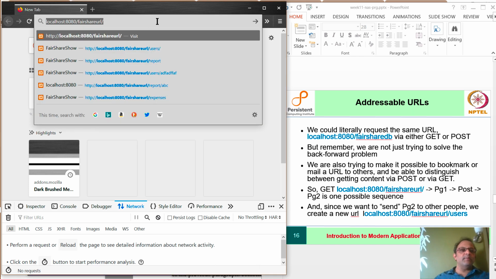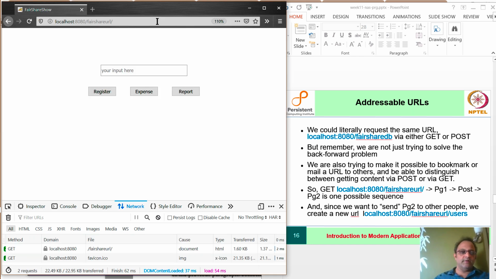So let's begin by visiting FairShare URL with a GET. Here we have our GET method, and we have arrived at the page. So we are following the first trail, GET localhost FairShare URL, and we have arrived at PG1. Now we are going to post a new user, let's say UVW1, and we will register this user.